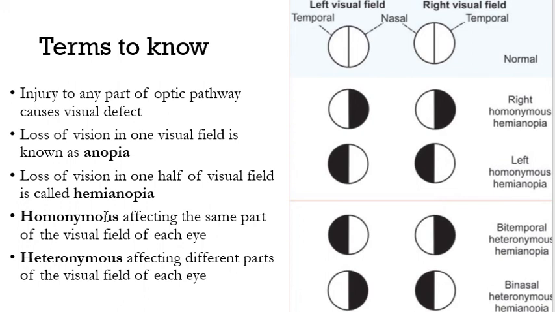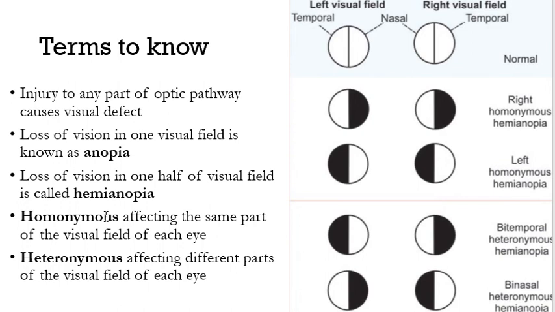So the full one, because of course it's half, would be left homonymous hemianopia. So that is something that we have on the second one. The first on the third one. The second one is a right homonymous hemianopia. If you notice, they're both on the right side of each of the visual fields and they're half, so that makes it right homonymous hemianopia. All right. Then the last one is known as